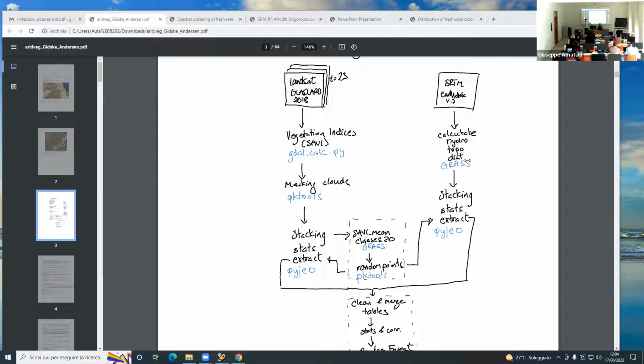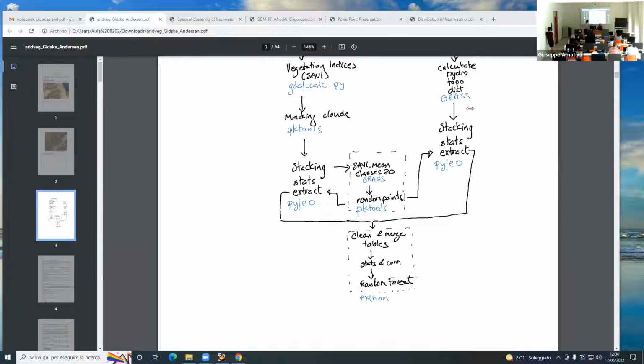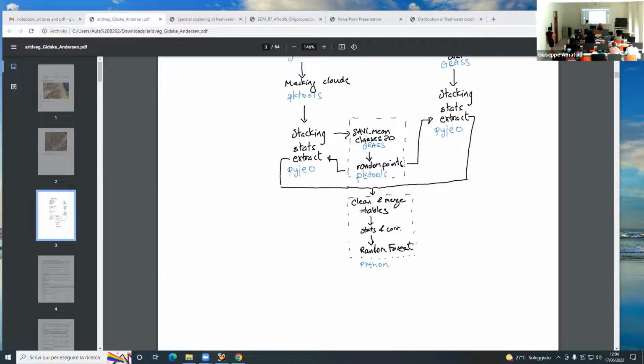Because I have seen that in some places, at least in this arid environment, if you have several streams joining, there is probably a higher probability that it rains in either of the subcatchments, and this area will have more water than maybe just along the stream itself. So then I did the same type of stacking in PyGeo to extract for the random points, and then I cleaned and merged the tables,